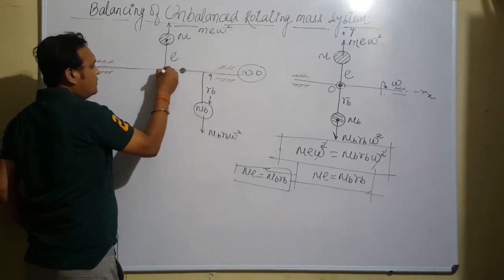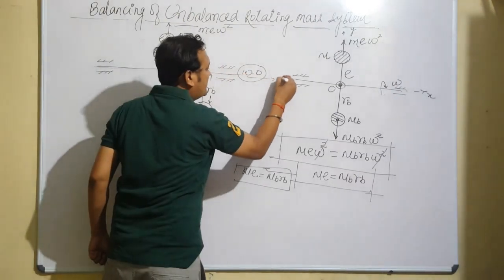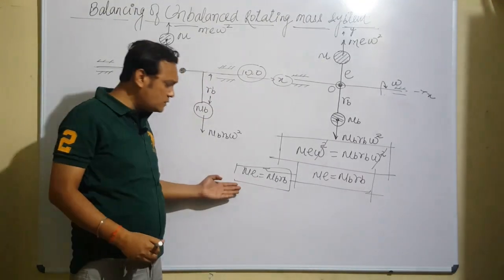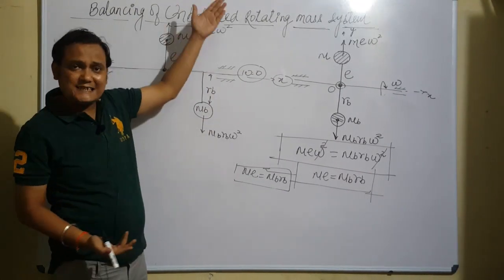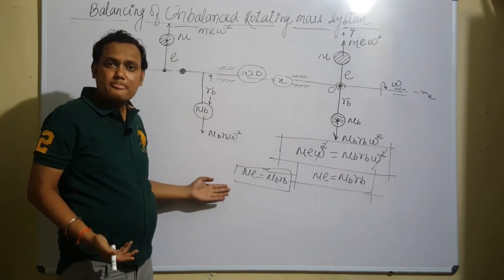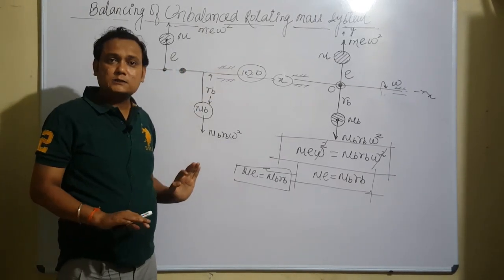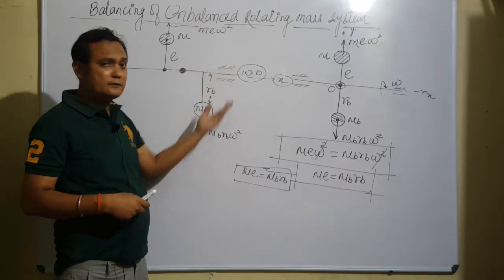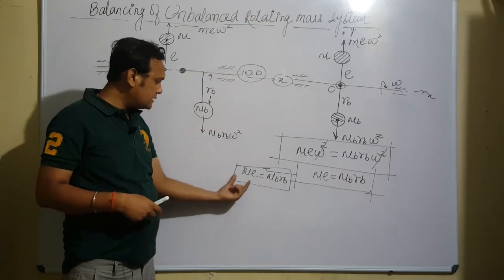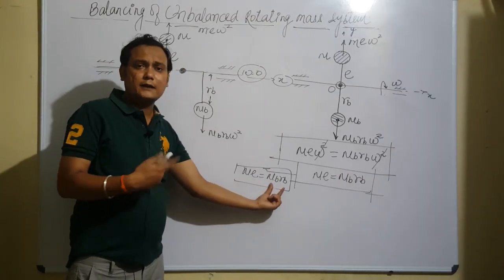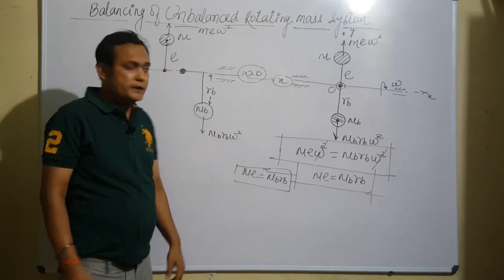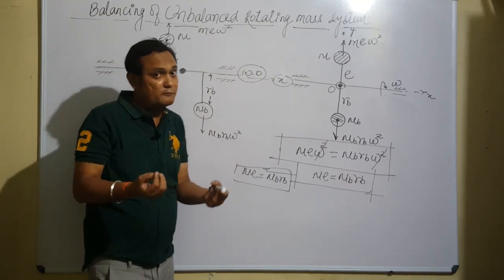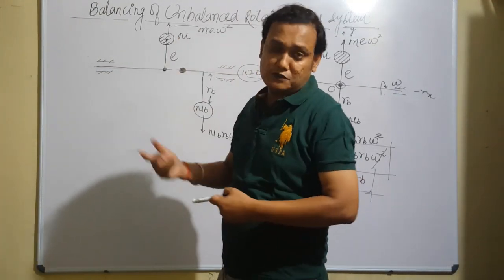If I take the origin here, this is my y-axis, this is my x-axis, surely my y-coordinate is 0 if this condition holds good. We make ycm 0, and then only this condition was coming. So without rotating the mass, if you want to ensure the center of mass lies on the axis of rotation, you have to satisfy this condition. Perfect, one of these you will decide, another you will calculate. So in a static position you can state that my system is perfectly balanced. Why? Because the center of mass lies on the axis of rotation. There is no deviation of center of mass.